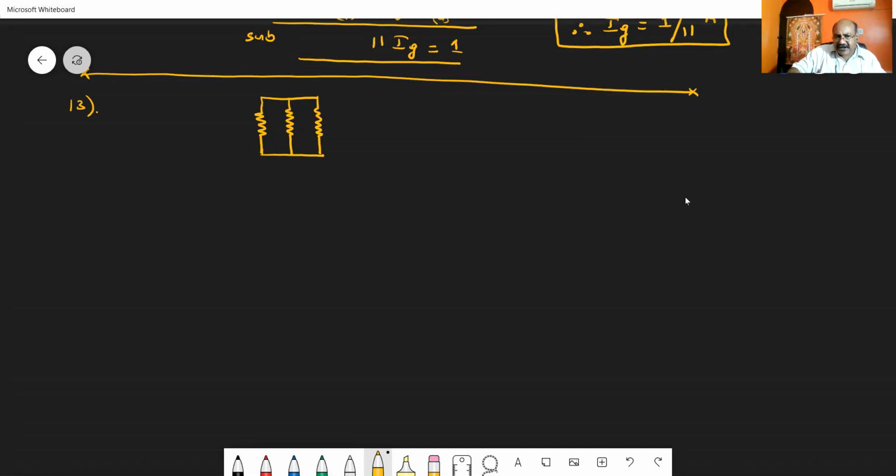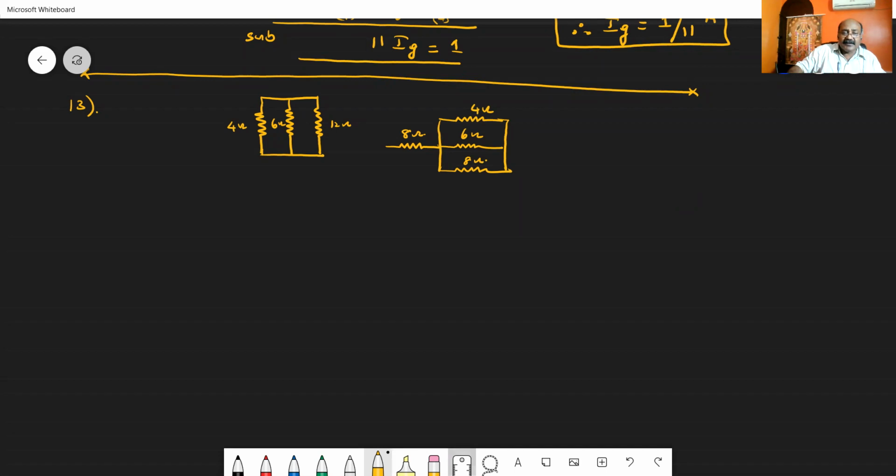See, in this parallel combination, one is 4 ohm, one is 6 ohm, and one is 12 ohm. I am considering this parallel combination in horizontal manner: 4 ohm, 6 ohm, and 12 ohm. See, these 3 resistors are in parallel. These parallel resistors are along with a series resistor, that is 8 ohm. Now, along with this, 2 cells are in series. So I am putting 2 cells.